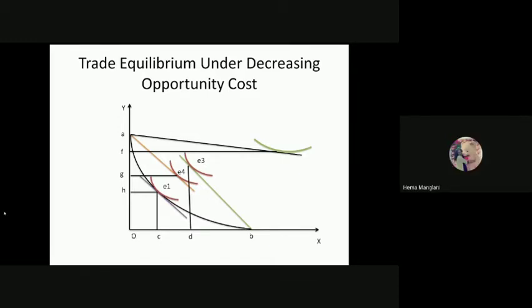Only our purple one is the domestic trade line, but this orange and this green, they both are parallel. We are not changing our terms of trade line. It means international prices are the same. They are not shuffled. But still, only by changing from point A to point B, this country is getting more welfare. Why?